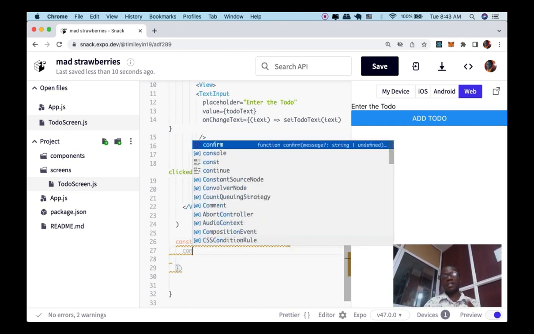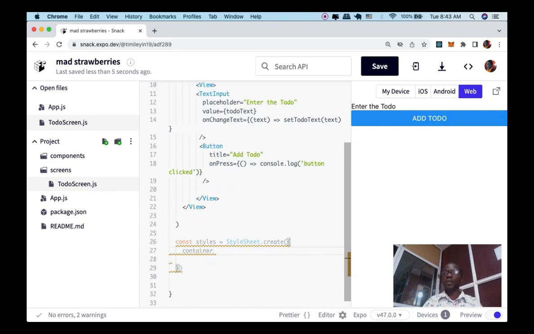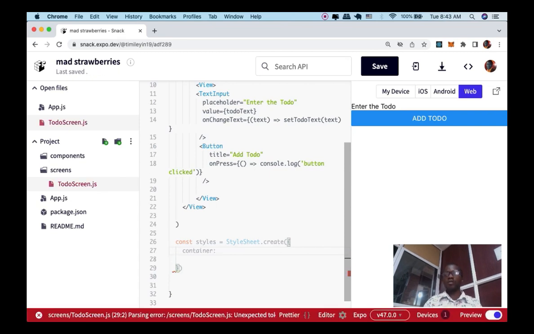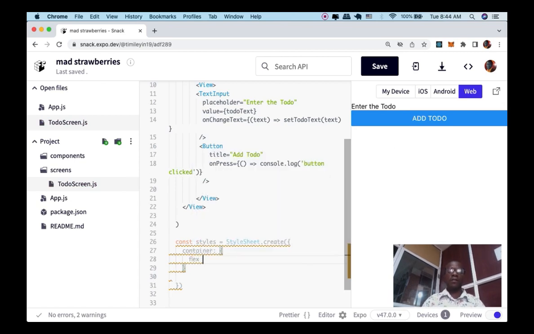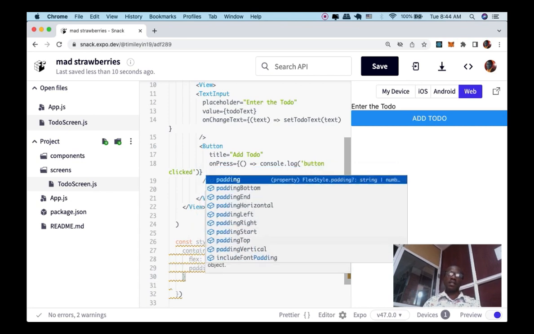Just notice that there are some similarities between the way we write this style sheet and CSS, but it's kind of different. Just watch and you'll see the difference. We are going to have a container. This is like the class, or the property of the style. I define it as an object. The first thing is I want the container to be displayed as flex, and I want to add padding all around it. You know that padding is space between the elements of the component. The padding here now